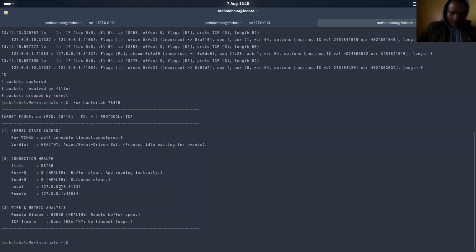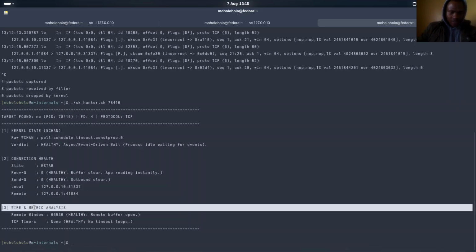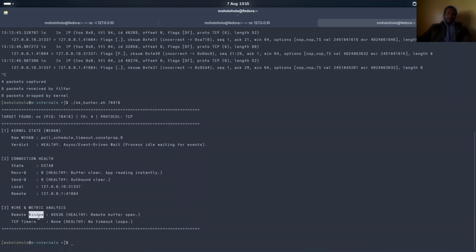And this is the IP address of our local machine, the IP address of the remote server, and then the wire matrix. Okay, and the best way I can explain the remote window,